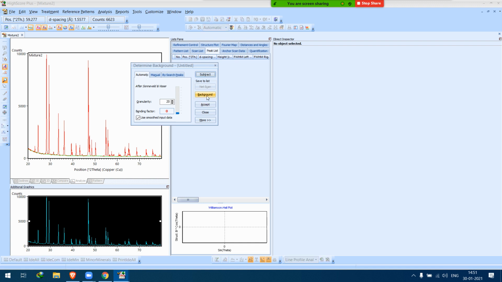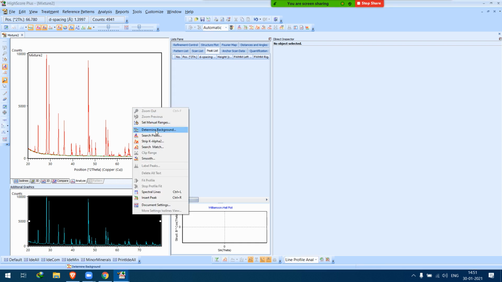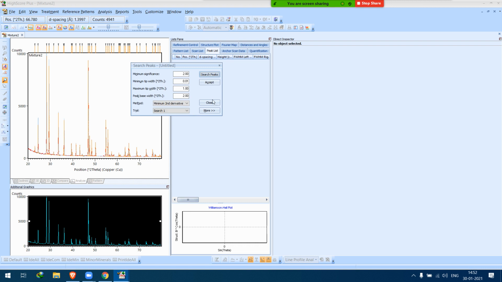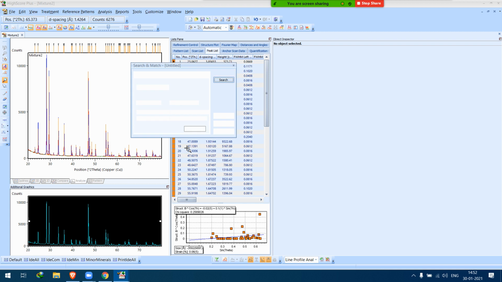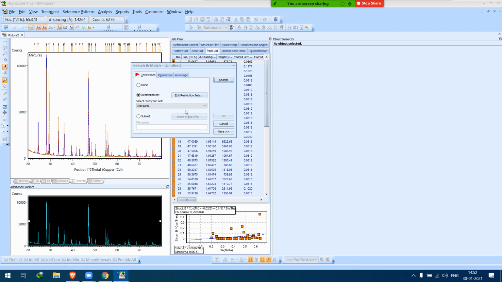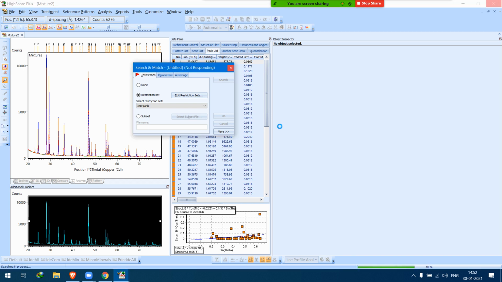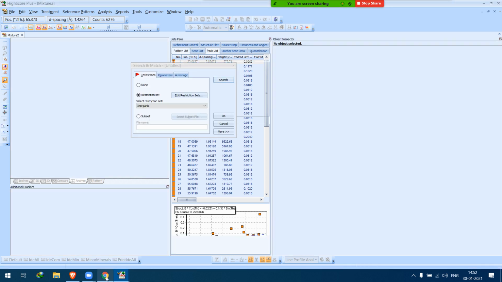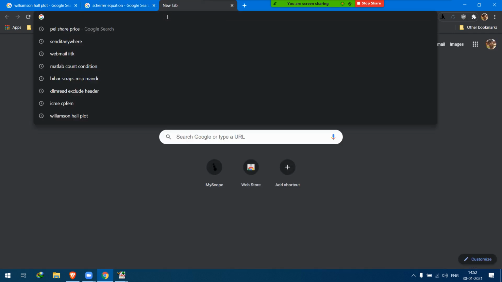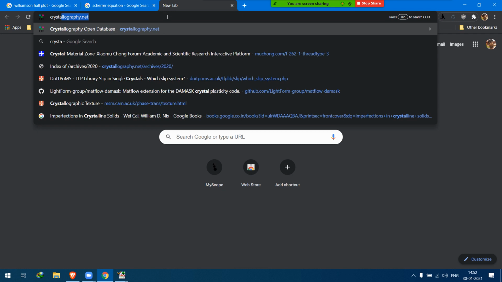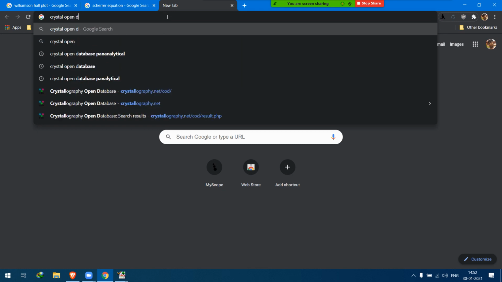Determine background, accept, search peak, accept, search match. If the structural information is not present in your database, you go to the Crystallography Open Database.